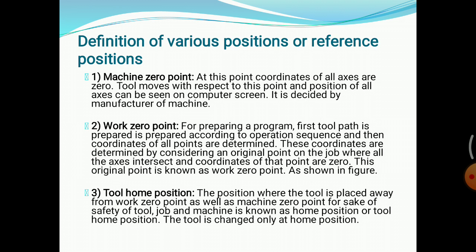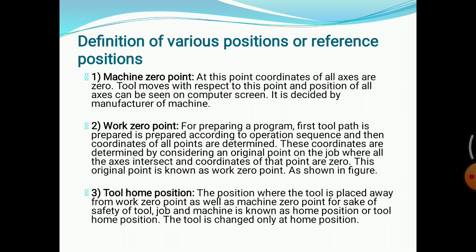The position where the tool is placed away from the work 0 point is known as tool home position. Why is it placed there? For the safety of the tool, job and machine, we keep the cutting tool away from the workpiece. At the tool home position, the cutting tool will be changed.